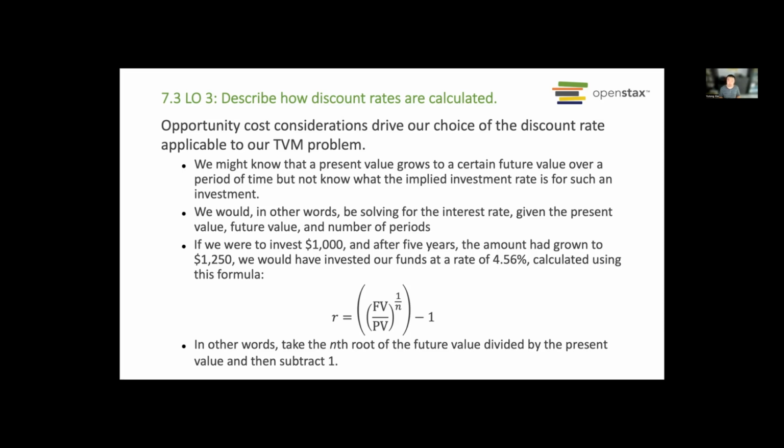So what's the return of that? You know you're going to get $5 more. So what's your return? The way to calculate is to use another transposition of the formula we just saw. So if we were to invest $1,000 and after 5 years the amount had to grow to $1,250, we would have invested our funds at a rate of